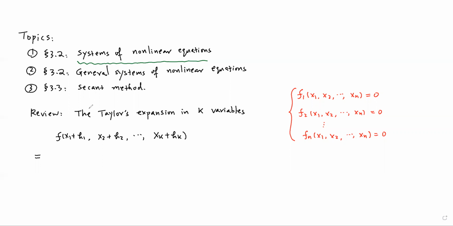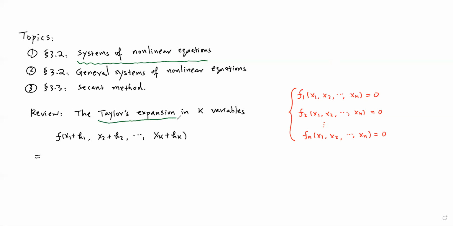Today we study Newton's method for the solution of a system of nonlinear equations. Here is a system of n equations and n unknowns. Very, very general. Each equation is nonlinear. To derive Newton's method for the solution of a system of equations, take a review about